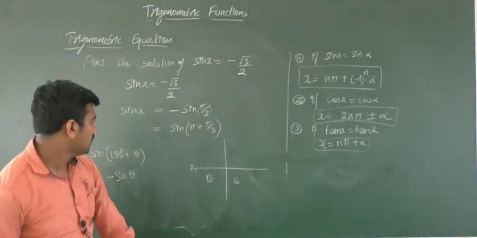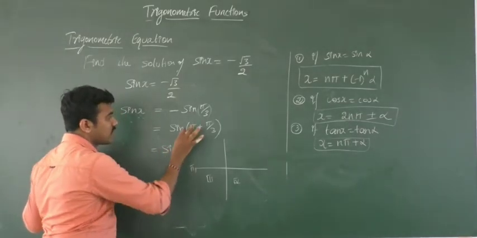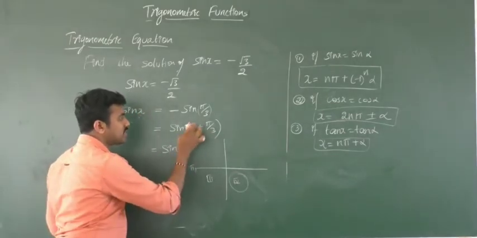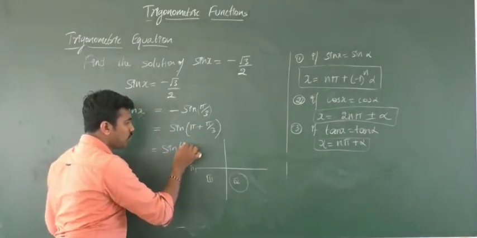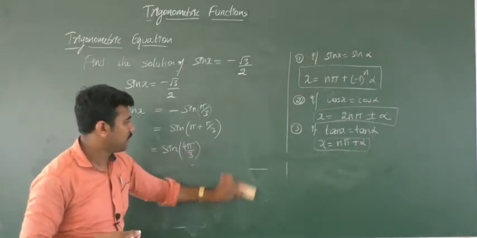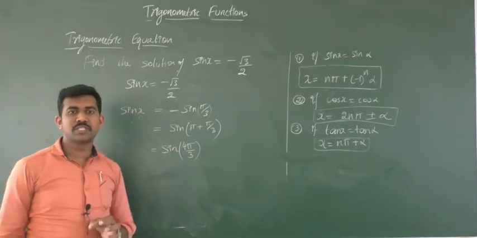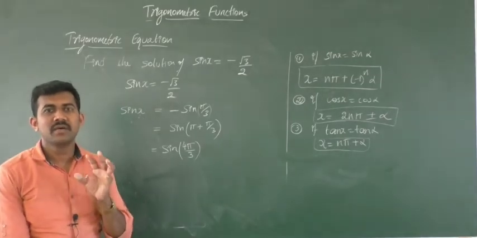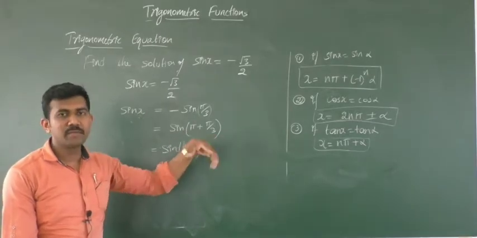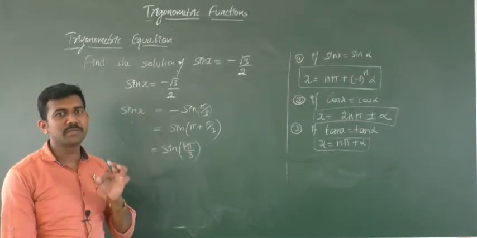Now this can be written as sin, okay, this is one of the solutions. Similarly, we'll get another solution in the fourth quadrant. Take the LCM, what will we get? 3 pi plus pi, that is 4 pi by 3. You can observe here, the principal solution means it comes within one revolution. So this comes in the third quadrant. Similarly, one of the solutions we will get in the fourth quadrant. So this is just a principal solution, one of the principal solutions.